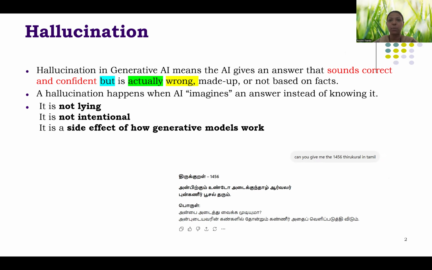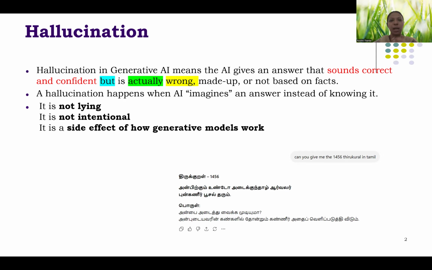As we saw in the previous video, it is pre-trained on a lot of PDFs, web content, and books. For example, if I know some thousands of stories, when someone asks me to give a new story, from the thousand stories which I have already read, I can create a new story. That's how a generative AI is working.